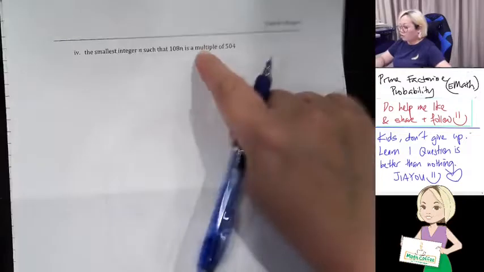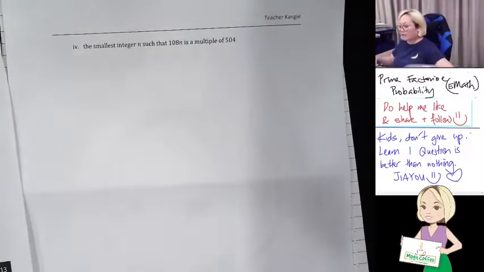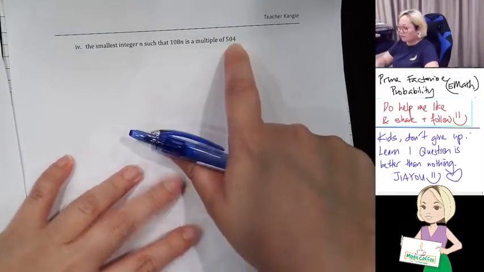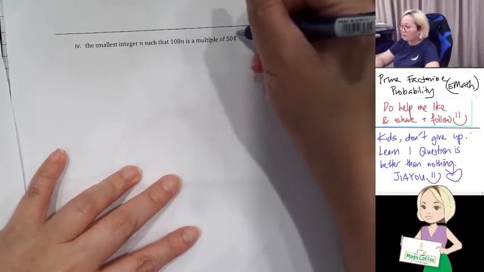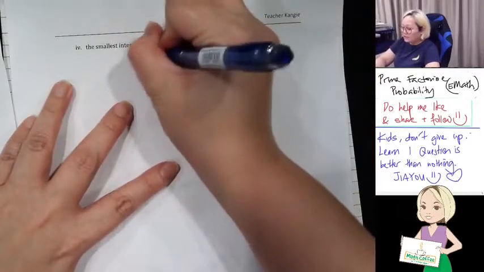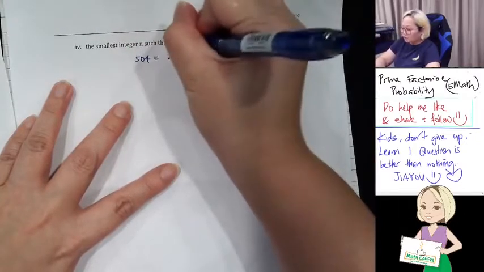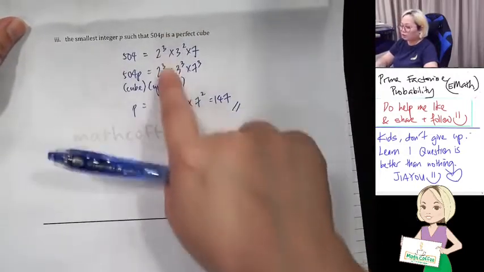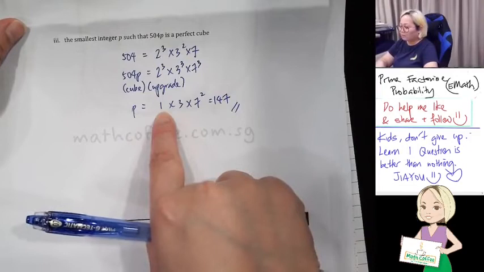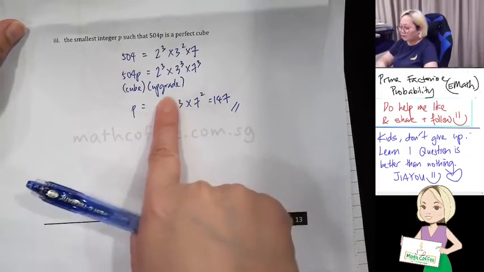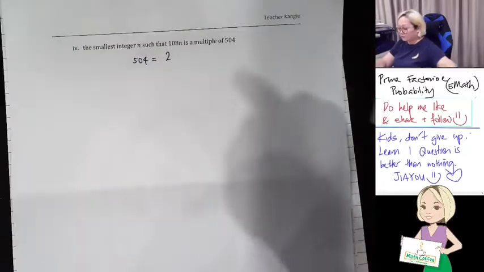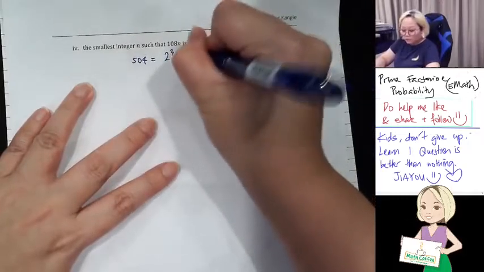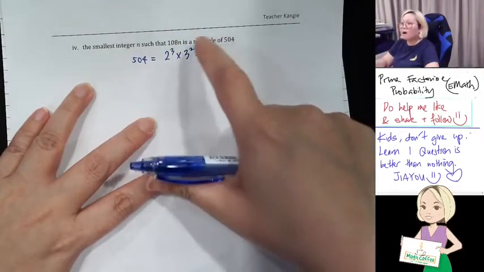Okay, now let's move on to the multiple. Just now we already mentioned this, so this is just a recap. They say 108n is a multiple of 504, and I want the minimum n. So let's list down our 504. Being kiasu, I want to show the 2 to the power of 3 and 3 to the power of 2, though you can just leave it out. Okay, 504 is 2 to the power of 3 times 3 to the power of 2 times 7. Because it is a multiple of 504,